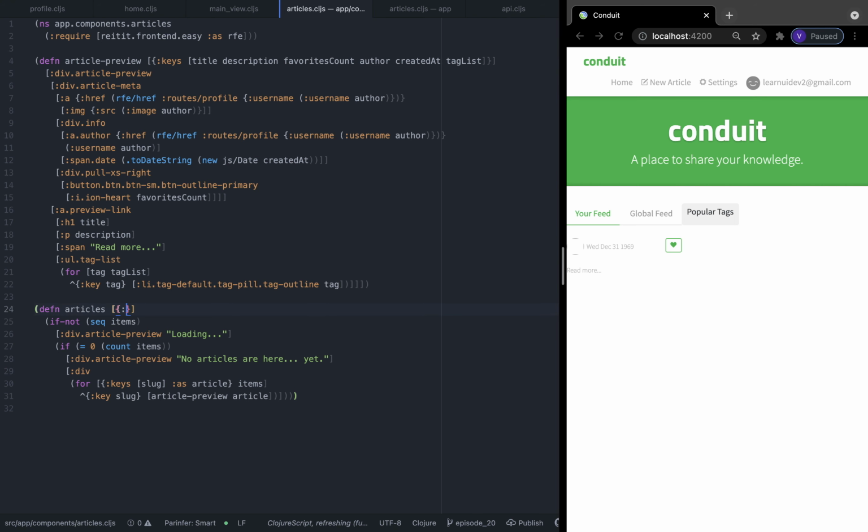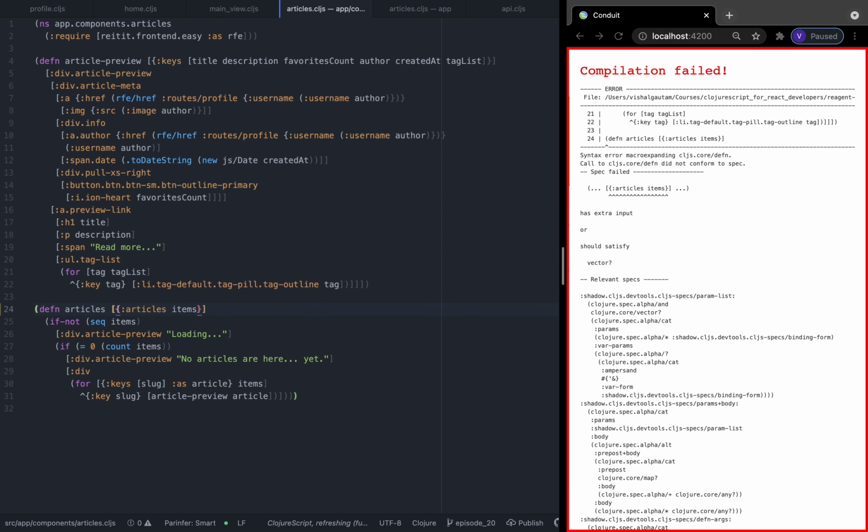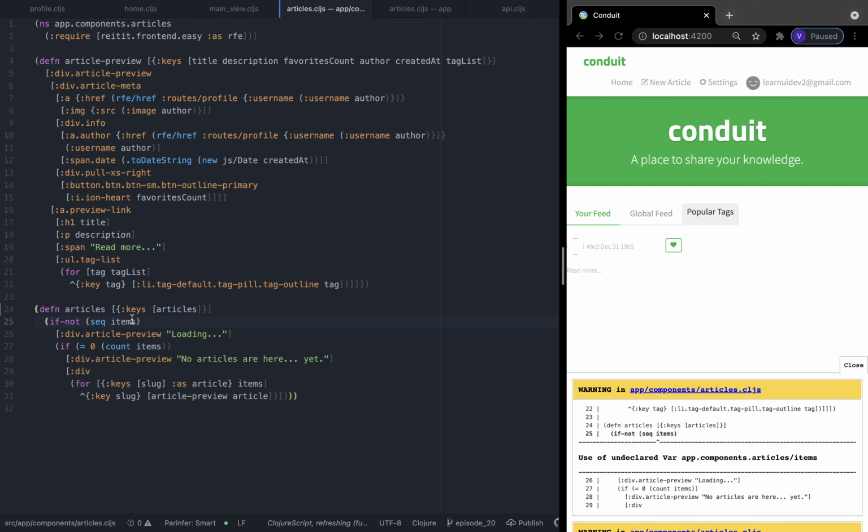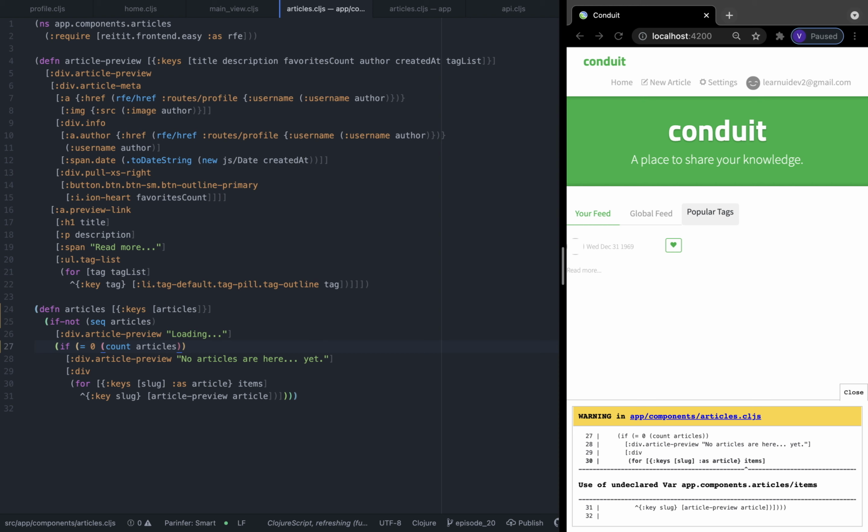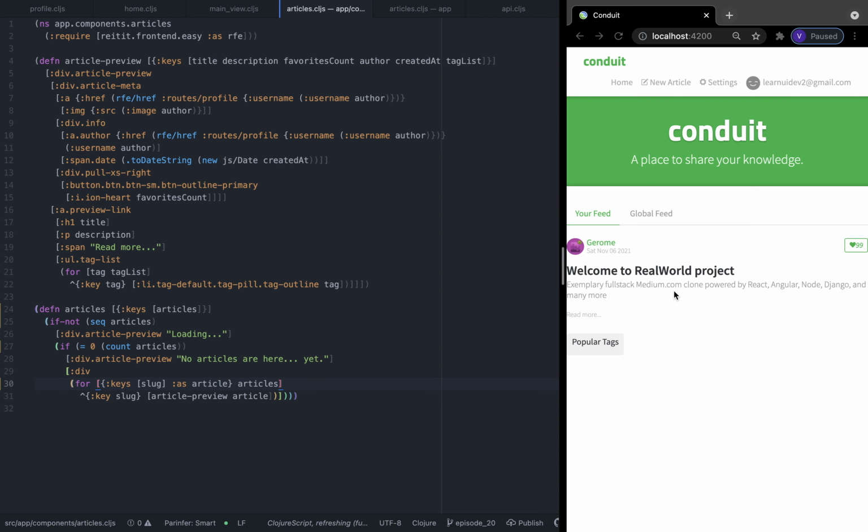Okay, so this is not working. Let's just destructure the keys. We will say articles. Let's also rename all the items to articles, as well as in line number 30. Okay, now everything should work as before. However, if you go to the feed,